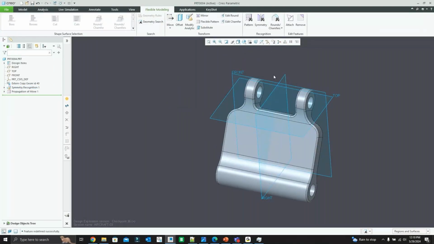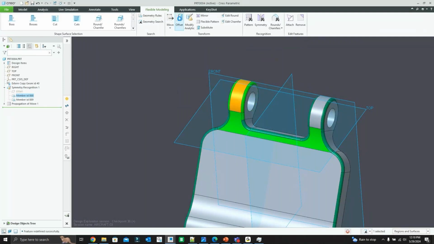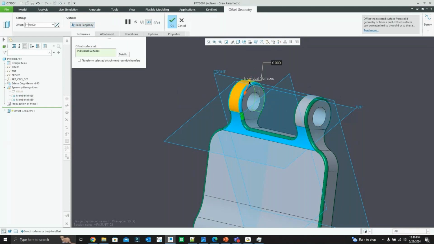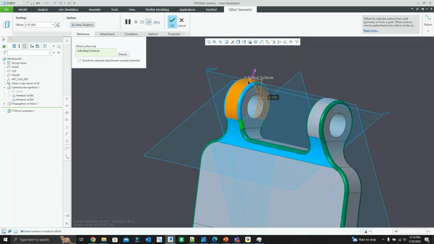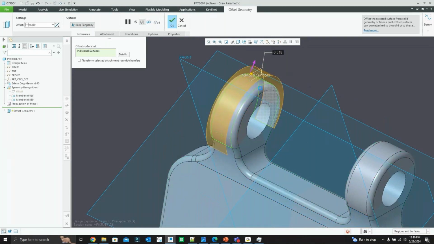All right. I also may want to adjust the size of this surface, right? So I may want to offset that. Let's see, keep tangency. And let's see if it lets me modify that. So with the keep tangency option selected, this button in the top left is saying, okay, I'm going to offset that